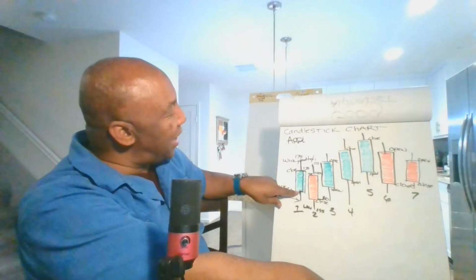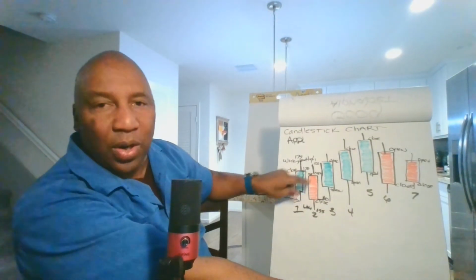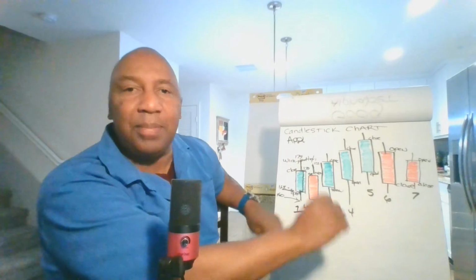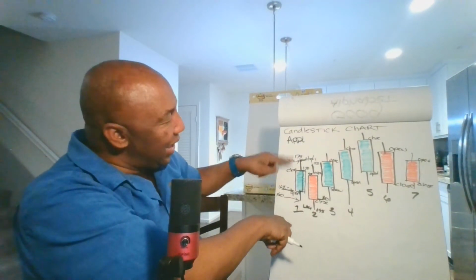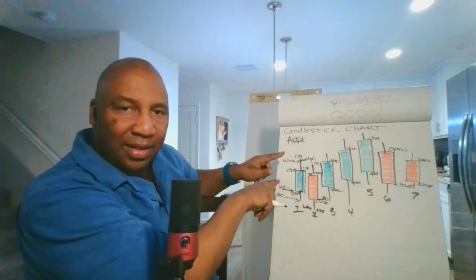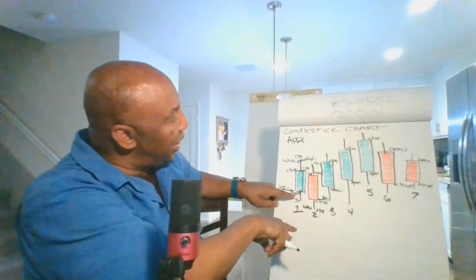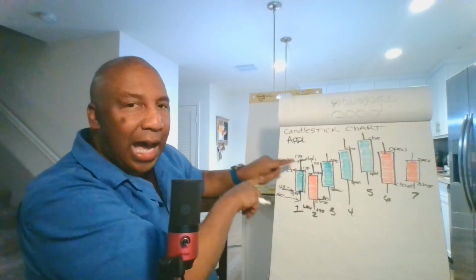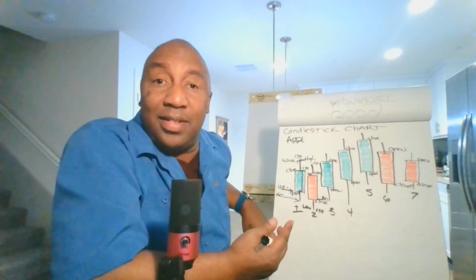When it's a green day, a green candle, it's higher than the open. It closed higher than it opened. When it's a bearish day, it closes lower than it opens. Does that make sense? I'm going to say that again. On a green day, when the candle is green and it's a bullish day, it's because it closed higher than when it opened. So the market opens, say it opens in Southern California,